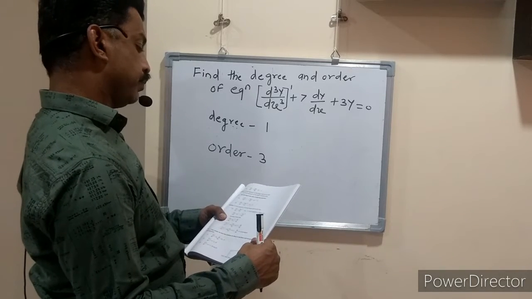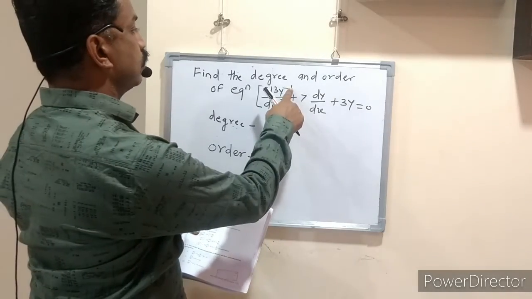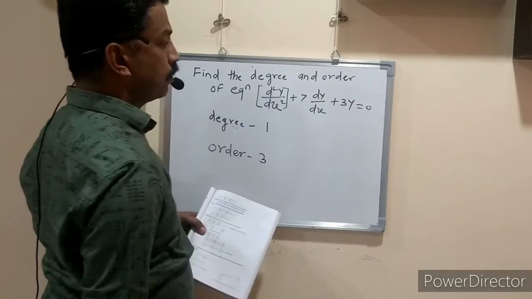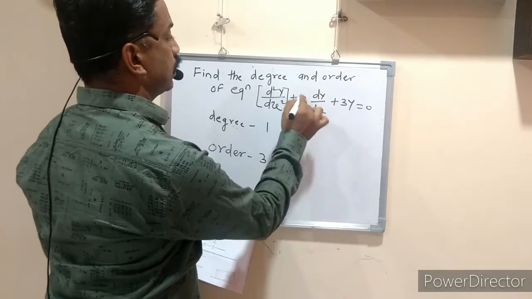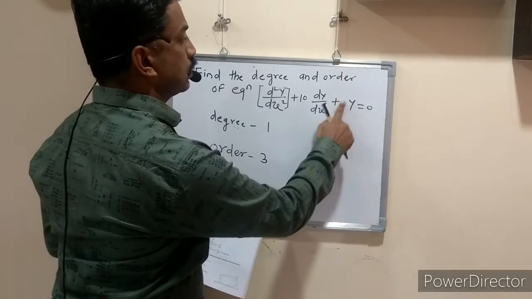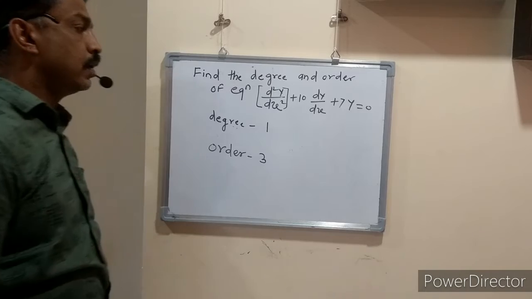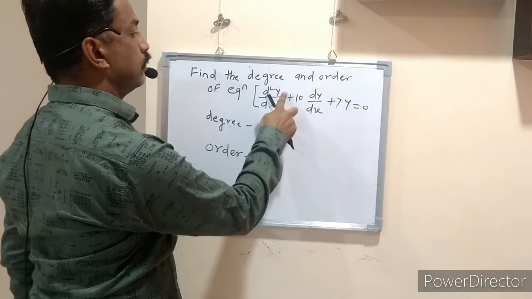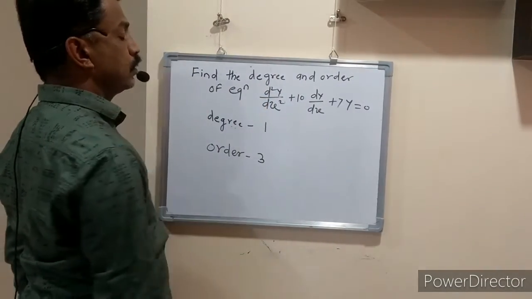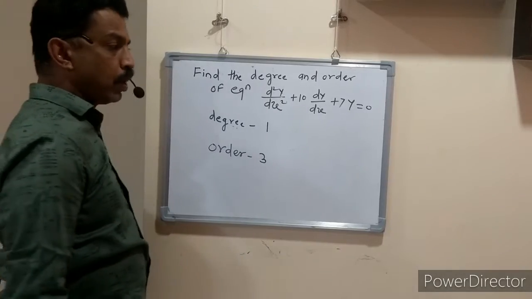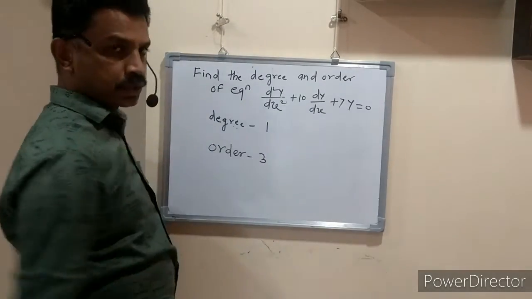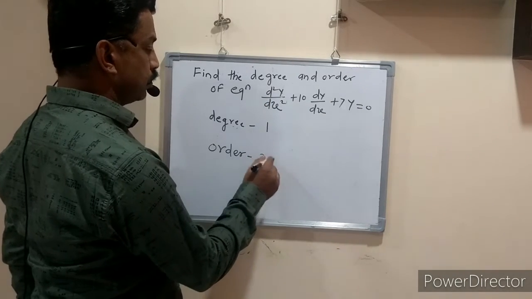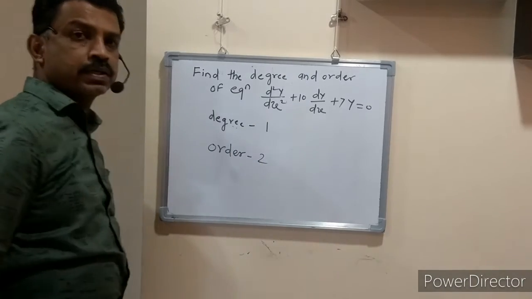The equation is d2y by dx square plus 10 dy by dx plus 7y. Here if such type of bracket is not given, then we should take its bracket. So here d2y by dx square, again the power of the highest derivative is 1, so the degree is 1. The order of the highest derivative is 2, therefore this is a first degree and second order